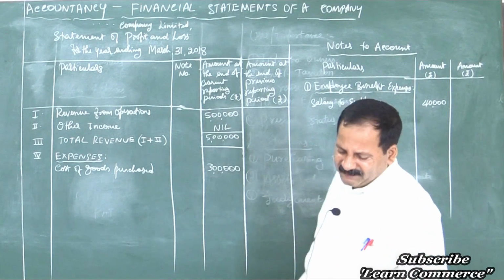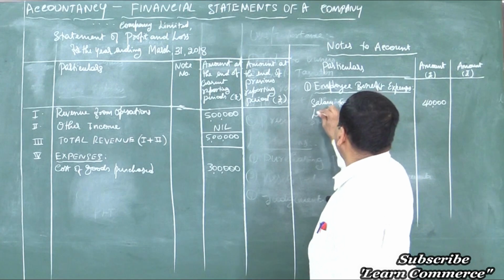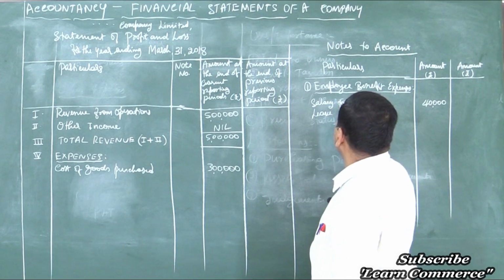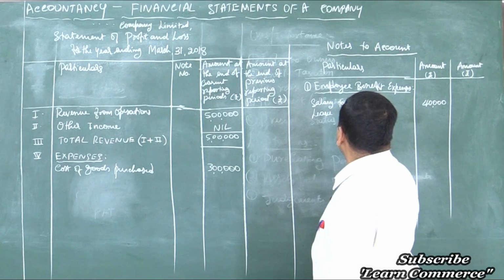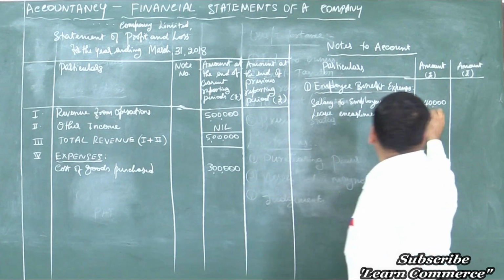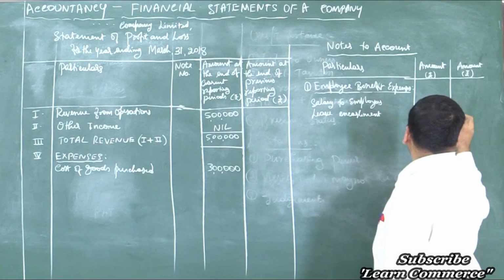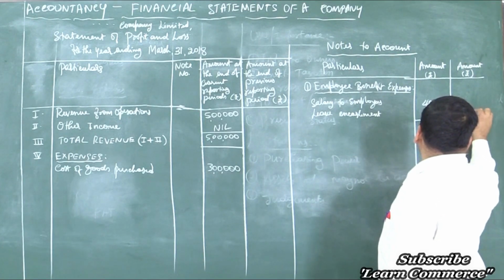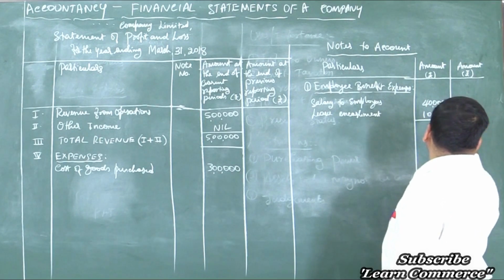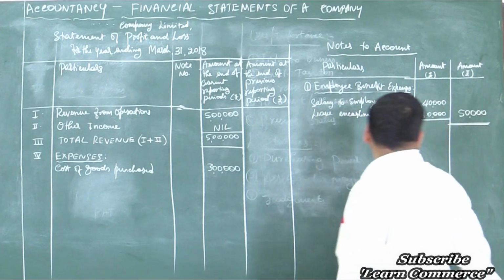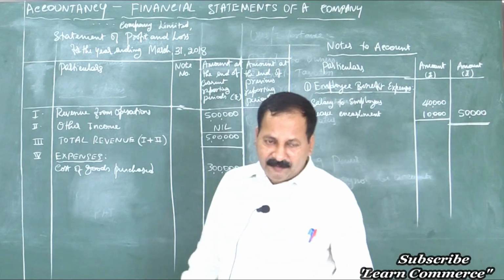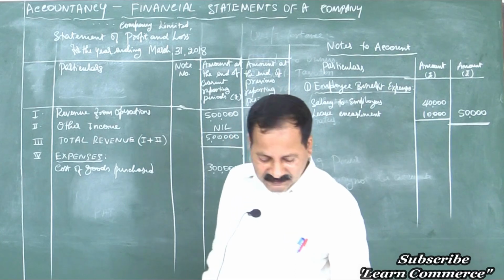Leave encashment 10,000, right? That's all. Only 2 items. Write the total in the outer column, 50,000. That is employee benefit expenses. Then